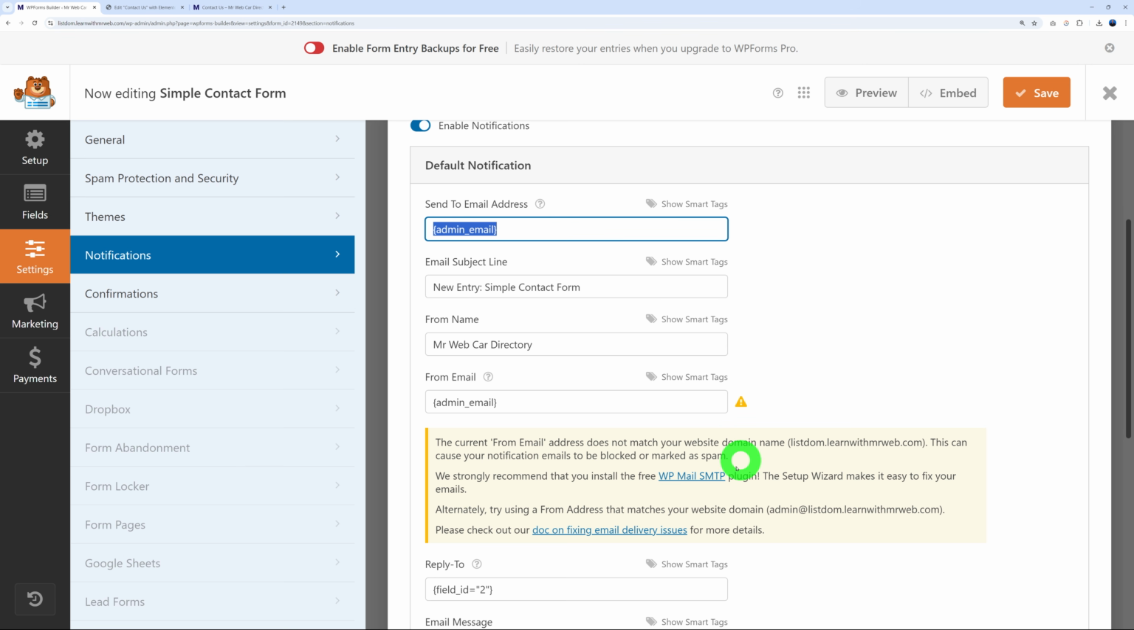Now, as you can see, we get a warning message here. So basically, your from and to email should belong to the same domain name as your website. So in our case here it is learnwithmrweb.com. So it should be an email that belongs to that website. Okay, so perhaps